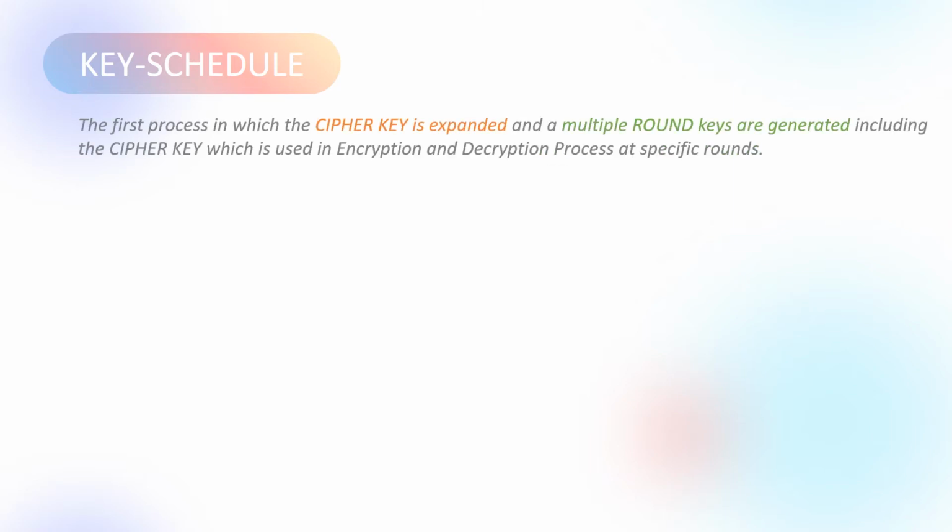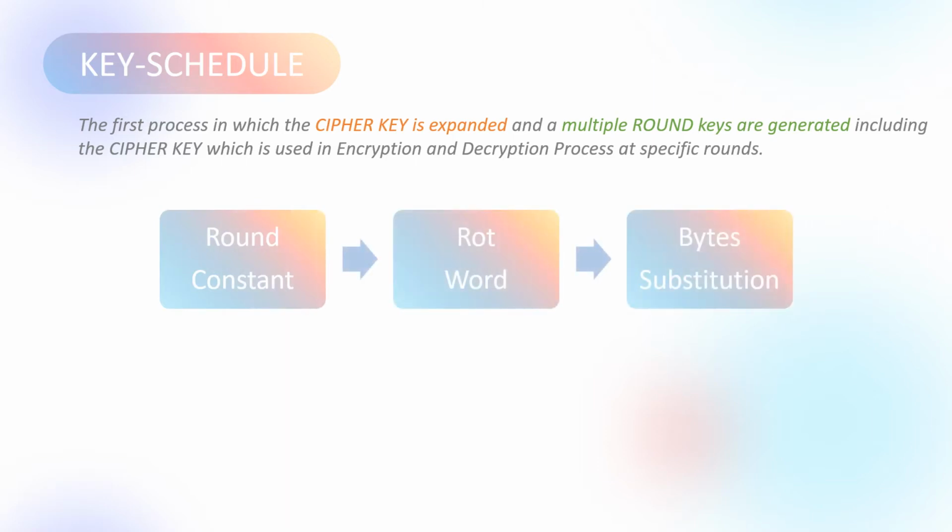Key scheduling. Whether you are encrypting or decrypting, this is the first process of AES, in which the cipher key is expanded, and multiple round keys are generated including the cipher key, which are used in encryption and decryption process at specific rounds. The processes involved in key scheduling are round constant, rot word, byte substitution,